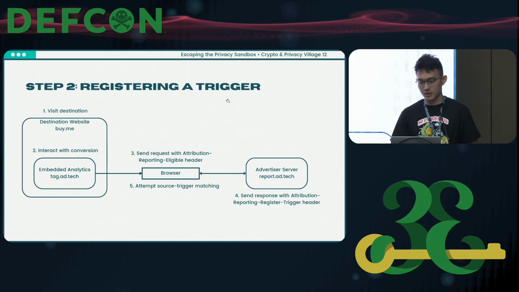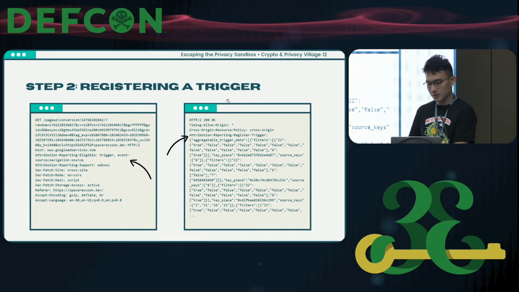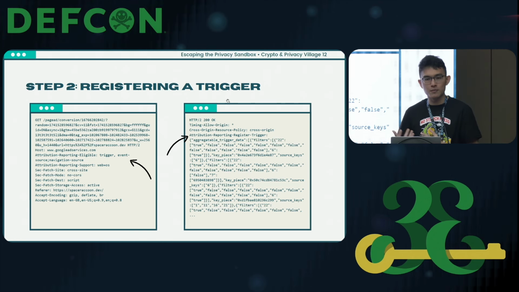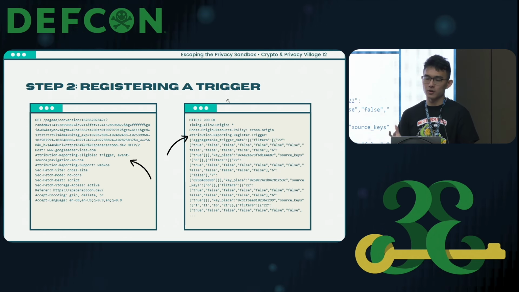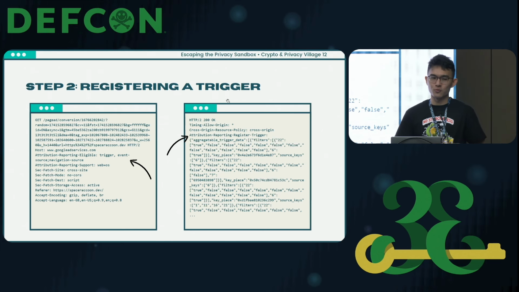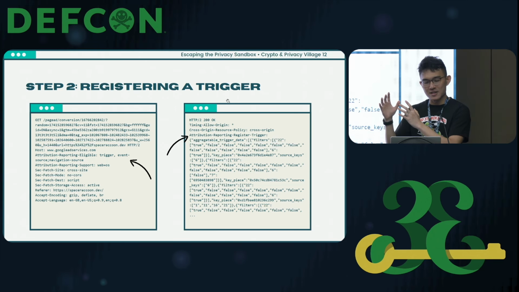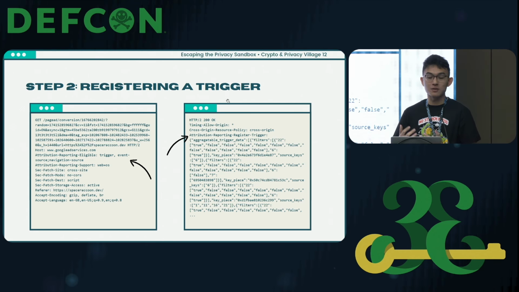then perform a check. Before I go into the check, again, we're just going to look at the HTTP requests that are sent. So again, on the left is the request, on the right is the response. You would notice that in the response header, there's a set of filters. This allows the ad tech or the ad to, again, filter by specific features of the ad. So for example, you visit the website and you maybe watched an ad that was selling you flights to Peru, but you went to the website and you bought flights to, I don't know, Singapore, right, which is where I'm from. And that filter would then allow that trigger to be specific to that item that you purchased, just as